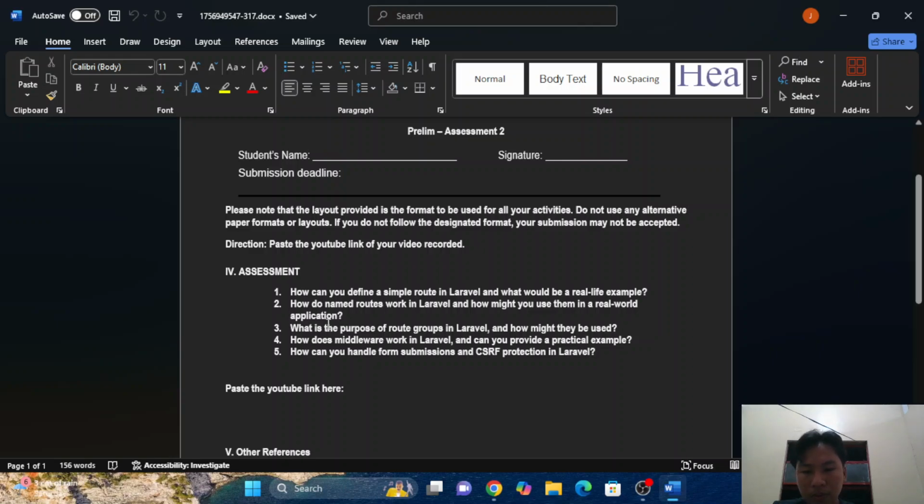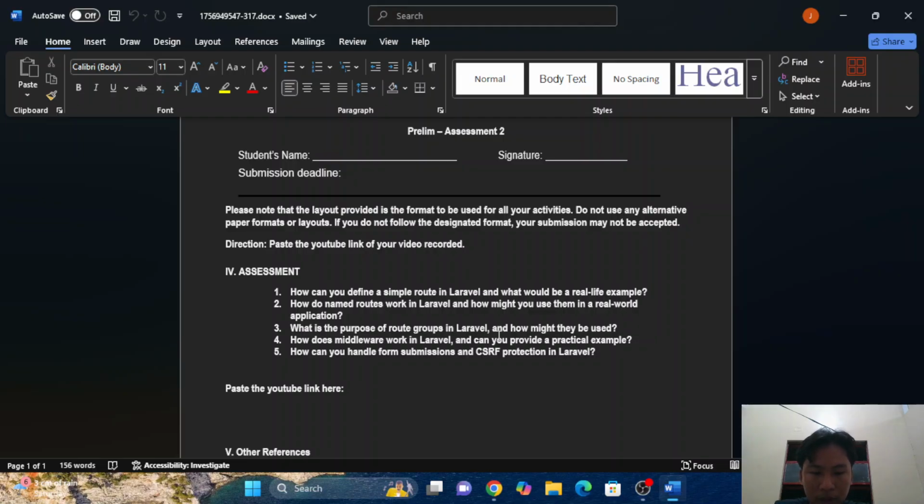And what is the purpose of route groups in Laravel and how might they be used? Route groups in Laravel serve to apply common attributes like middleware, namespace, or prefix to multiple routes simultaneously, reducing code duplication and improving organization.